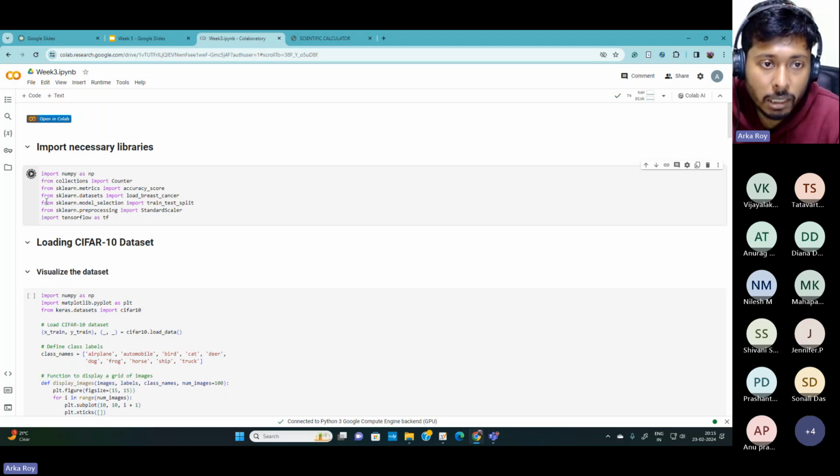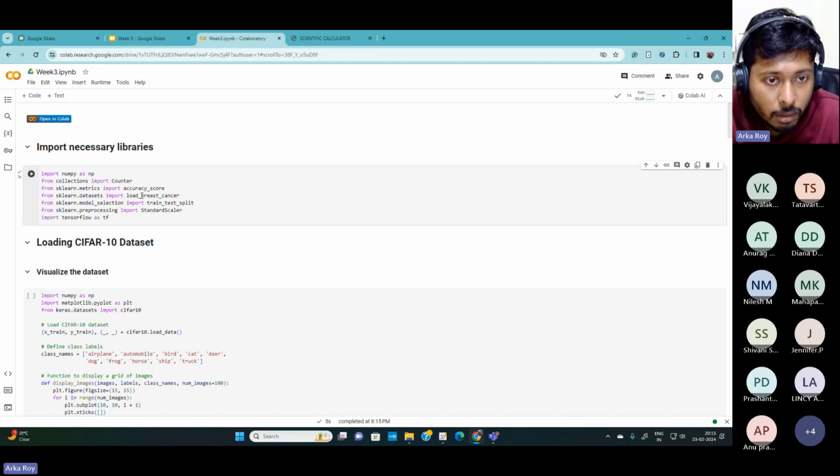First, you need to import different sorts of libraries. For example, NumPy is for any sort of NumPy array operations. Then Counter is basically to count the numbers. Then sklearn is basically known as scikit-learn. We use scikit-learn for different machine learning applications and statistical analysis. For example, we can use it for the implementation of SVM, KNN, and all these machine learning applications. Then we have imported TensorFlow as well